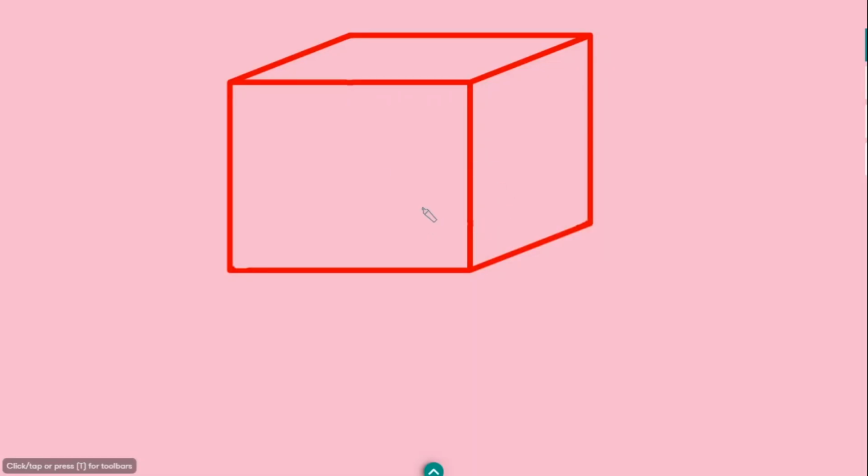A cuboid is a 3D shape with the dimensions as the base here, the length represented by L, this dimension here, the width represented by W, and the up distance here is the height. Now to find the volume